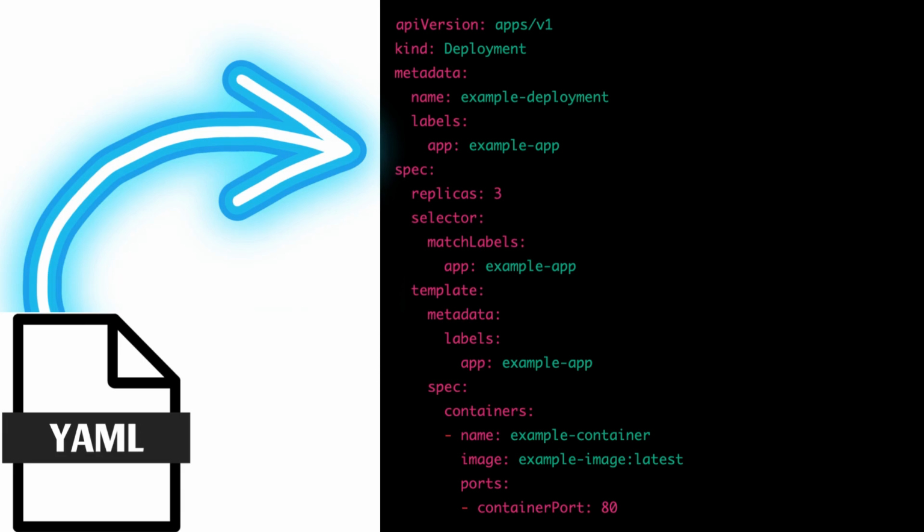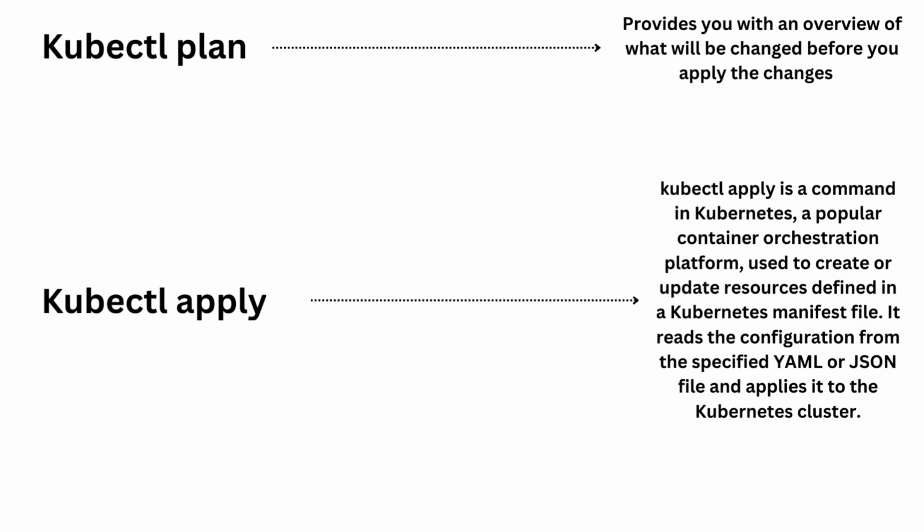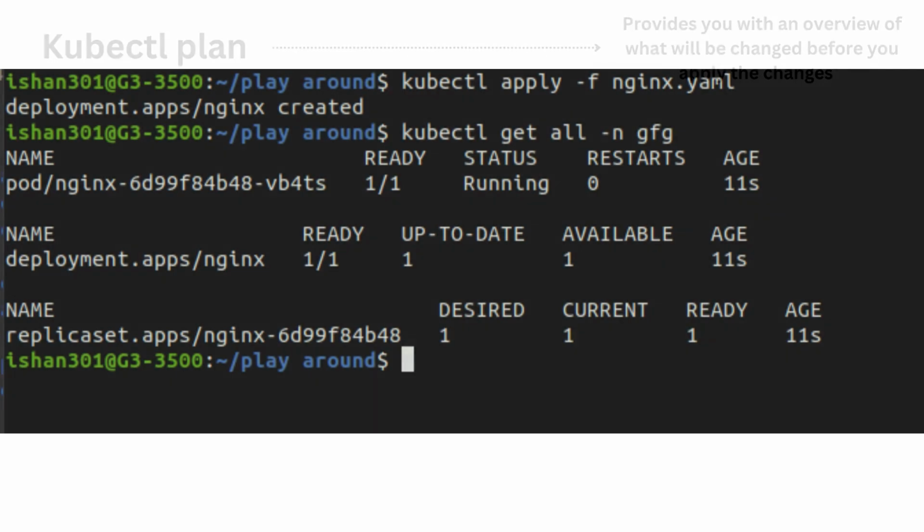I always tell junior DevOps engineers how essential it is to run the kubectl plan command before ever applying that manifest. This command checks the validity of the manifest file without actually creating any resources. It helps you identify any syntax errors, missing fields, and gives you an overview of what is going to be applied. And if everything looks good, I'll go ahead and run the kubectl apply command to create the pod based on the manifest. So in this scenario, I'll run kubectl apply -f